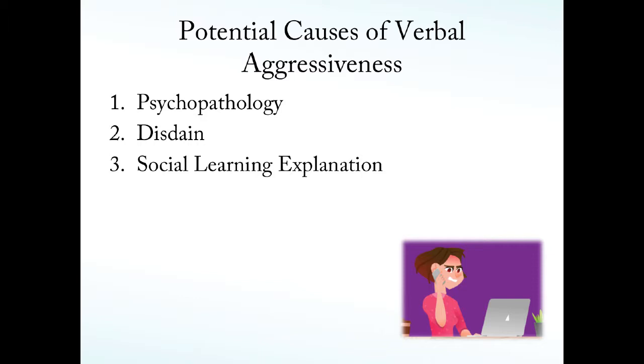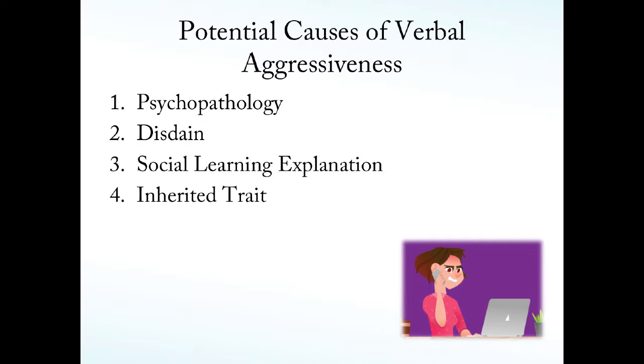The fourth explanation is provided by Beatty and McCroskey, and they've coined it the communibiological perspective. It has been argued by several communication scholars that verbal aggressiveness develops largely due to genetics. Okay, so that's what we're talking about here. Beatty and McCroskey have done a lot of work on this. What they've done is connect it to temperaments, which is kind of like a group of personality traits. And that comes from Jung's work in psychology.